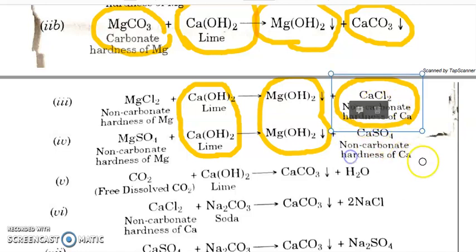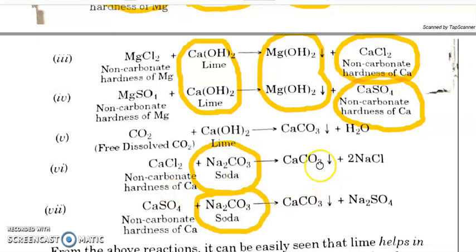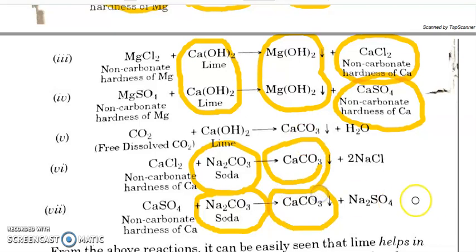So these two are going to again impart permanent hardness in the water. So now they are non-carbonate hardness producing salts. Now those are going to react with the sodium carbonate, and once again calcium carbonate is produced, which is an insoluble precipitate. So this is how all the temporary and permanent hardness causing salts, both non-carbonate and carbonate hardness causing